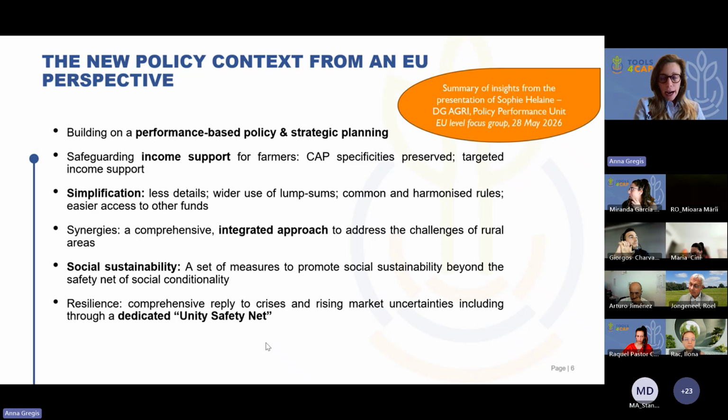There will be a particularly high priority to income support for farmers. And according to other major programs and directives of the European Commission, the aim is to simplify. We will see as well how this is interpreted by member states. It aims to bring up synergies, following an integrated approach that addresses different challenges of the rural areas, and